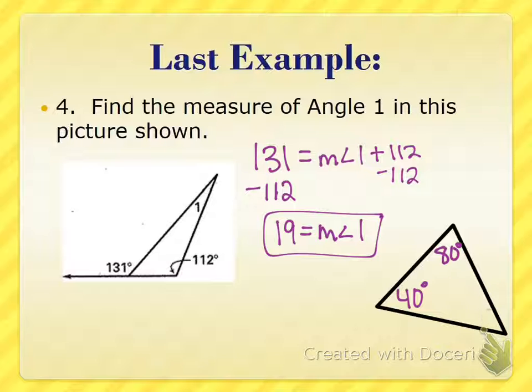How would I find this last missing angle that I put down here? We'll call that also angle 1. Okay, add them all up, set it equal to 180, which means angle 1 would have to equal what? 60. Okay, so we just haven't seen one like that, but that follows the triangle sum theorem. Any three angles inside of a triangle have to add up to 180. Okay. We will